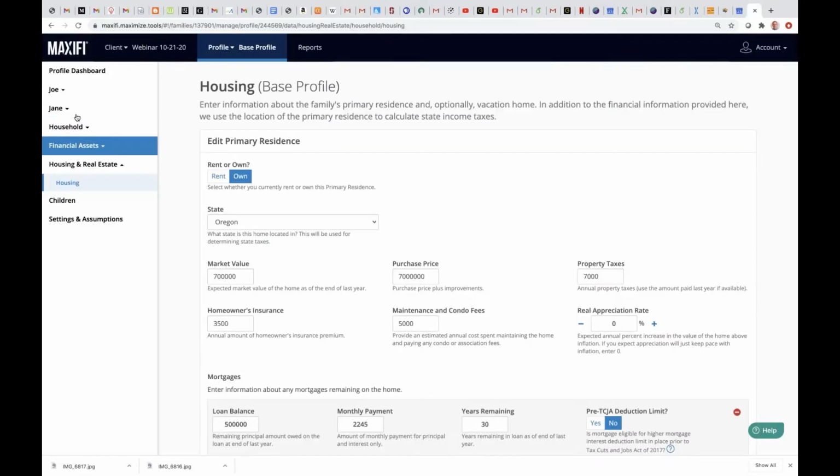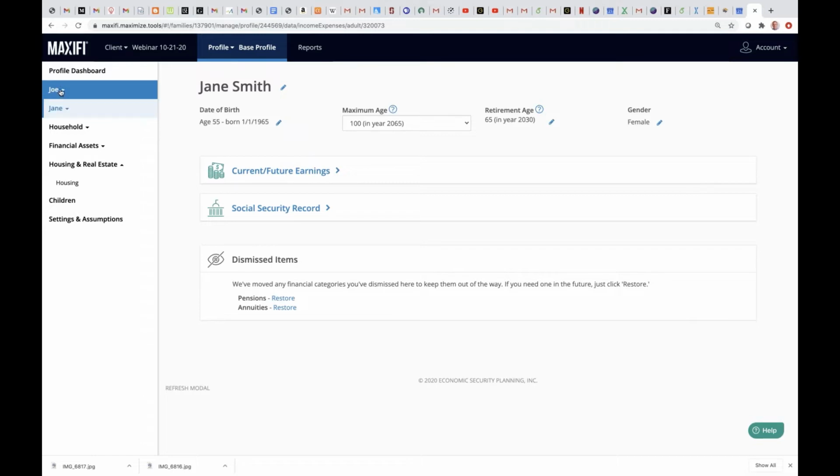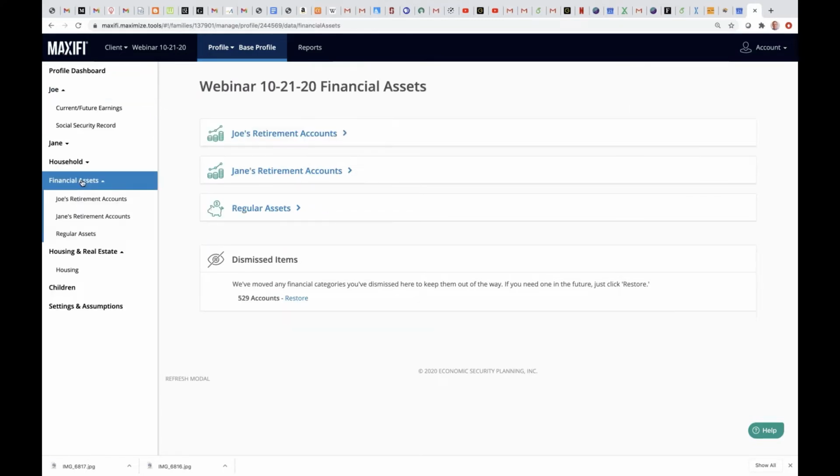You go right over here to retirement accounts. Let's see, where is this? Not sure what I did with their retirement accounts, but oh yeah, it's under financial assets, sorry.